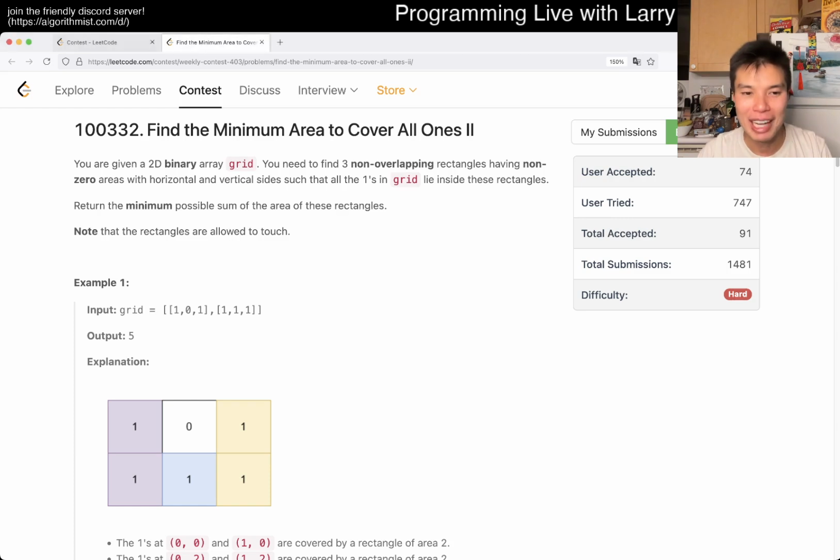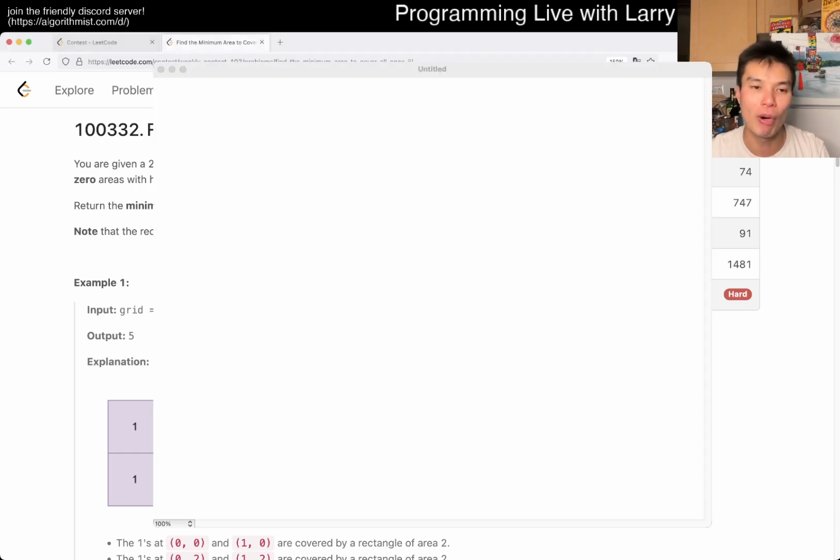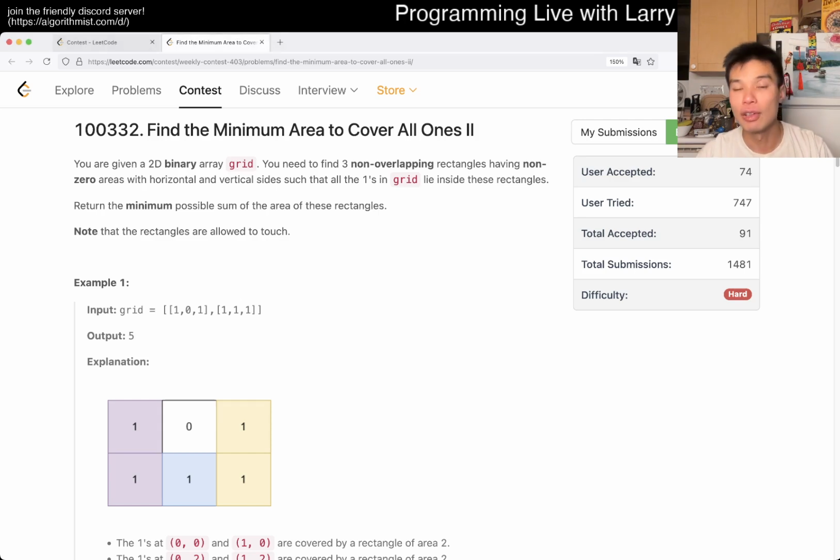I don't really have much explanation, but the one thing to note is that for this particular problem, you have only 3 rectangles. And the reason why 3 rectangles are important, let me put it back up for a second, is because there is no